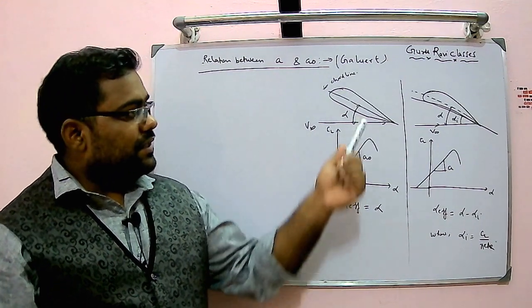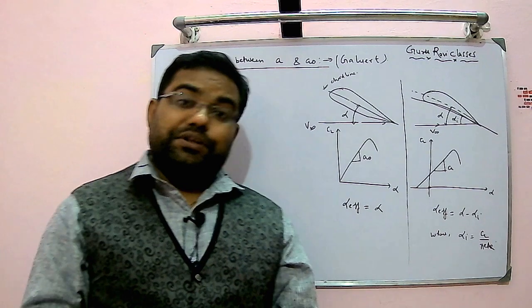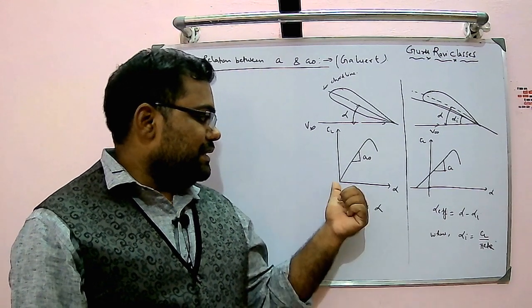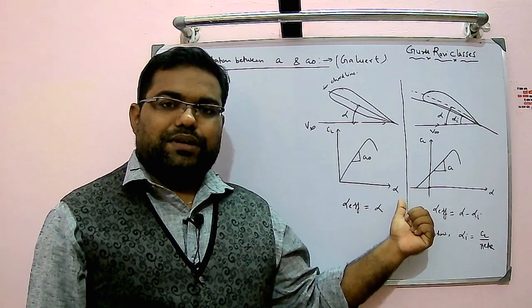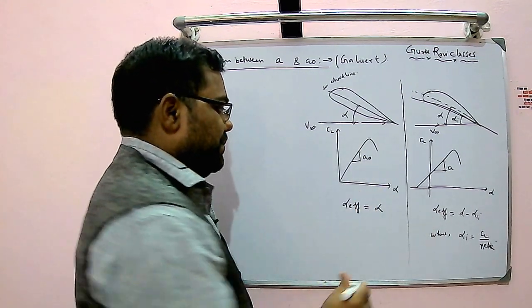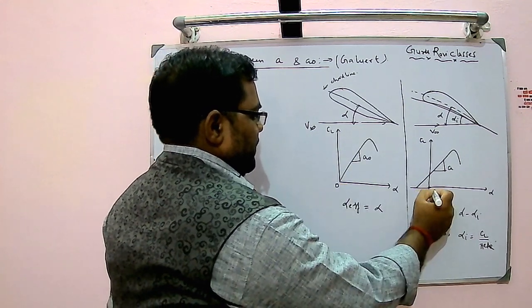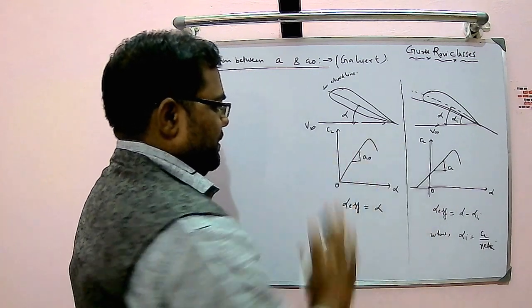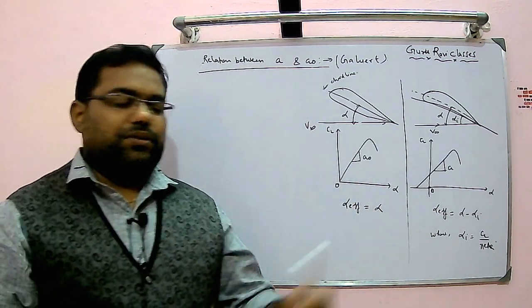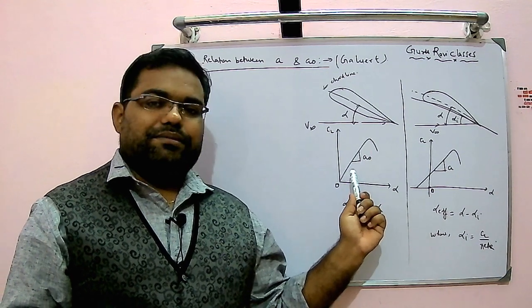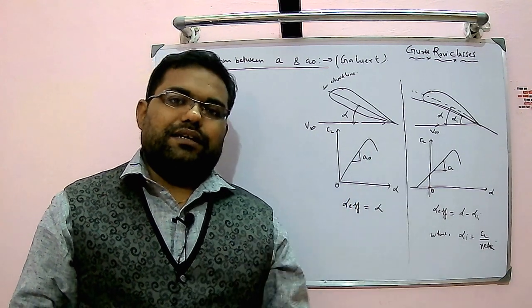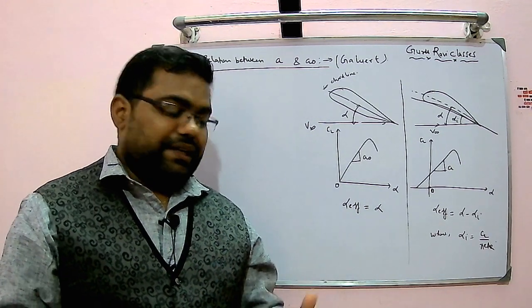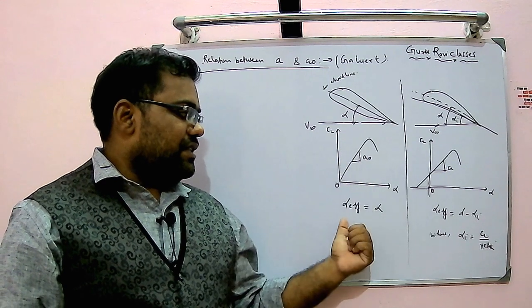In the case of a symmetric airfoil, there is no inbuilt induced angle, or you can say zero lift angle of attack. So our CL variation with alpha starts from zero and goes up to a certain angle of attack. After that, stalling happens, and there is a loss of lift. The lift curve is almost linear up to the stalling angle, and immediately after that fluctuations come and your lift decreases. So alpha effective is nothing but alpha only.